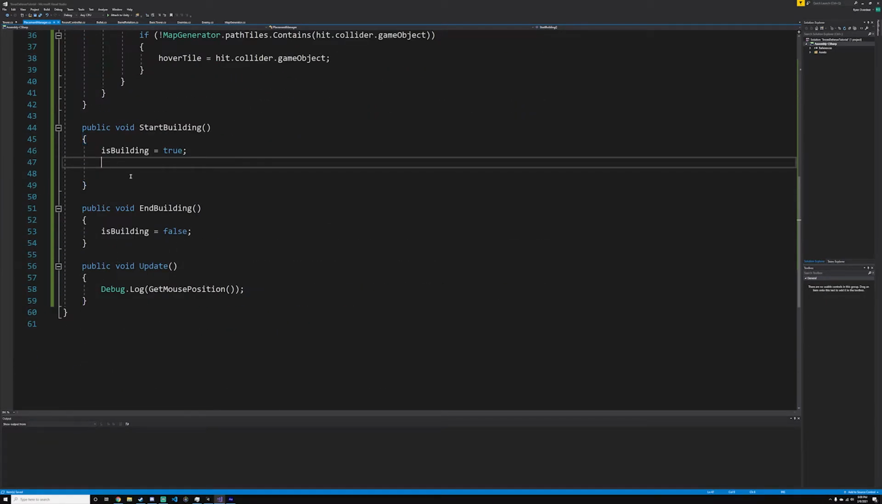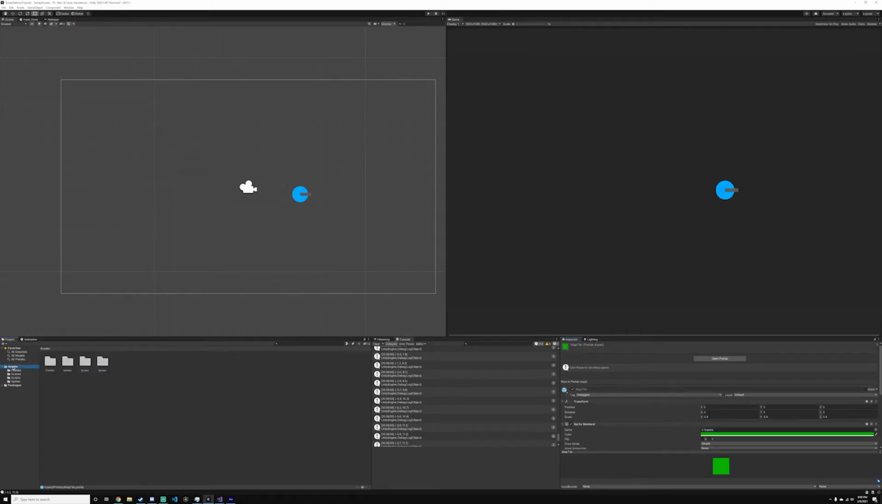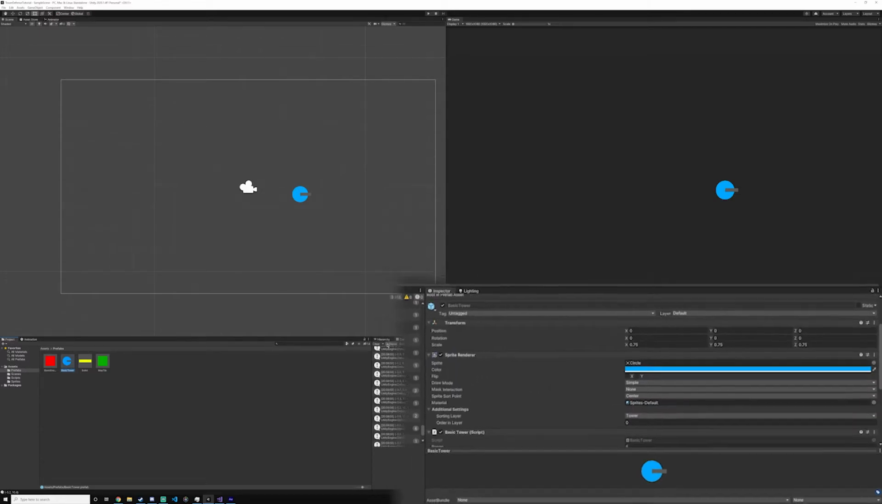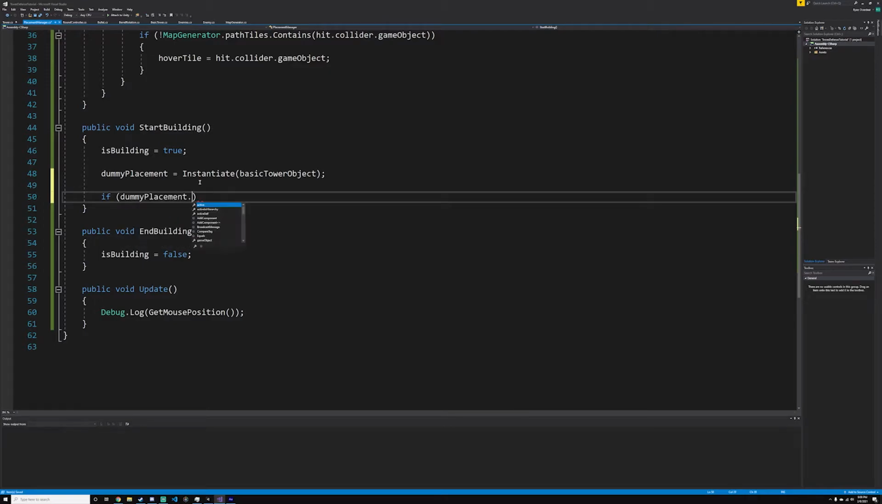So first thing we need to do is dummyPlacement equals Instantiate basicTowerObject. Need to make sure to have the correct capitalization. Now, you will know that our tower object does have a few scripts on it. It has the basic tower and the barrel rotation script. What we need to do is get rid of both of those scripts. So we're going to search for components inside this dummyPlacement object so that the tower won't be a tower when we just want it to be a display. How we're going to do that is we're going to just do if dummyPlacement.GetComponentInChildren